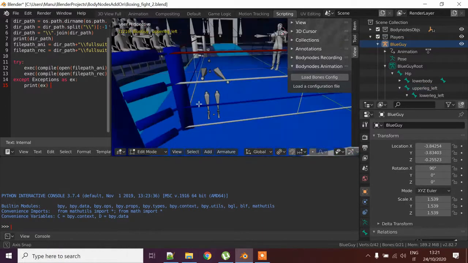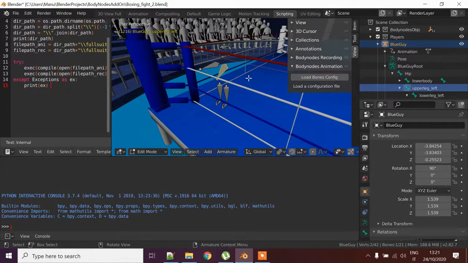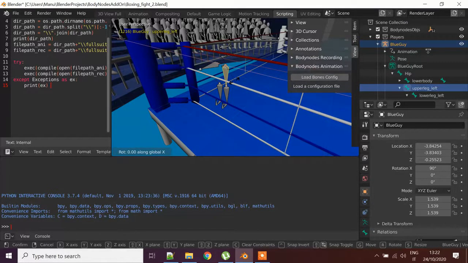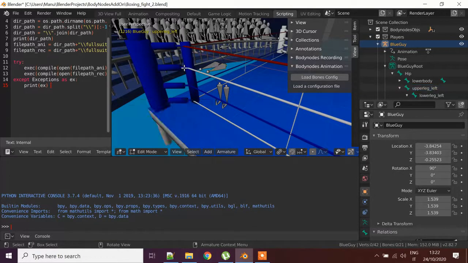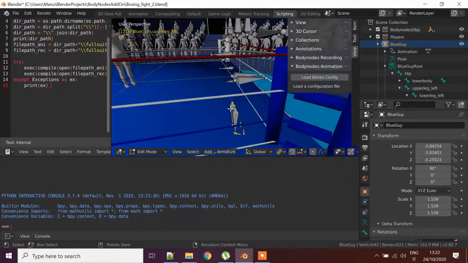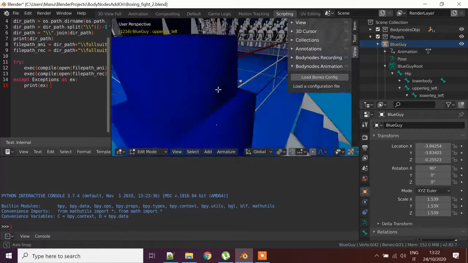The bones were sticking out, oops, yeah, you have to Ctrl Z a lot. There you go. They were sticking out in this way, all of them, also the lower part of the leg,